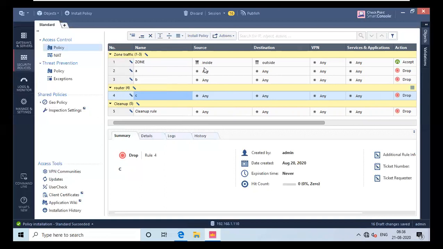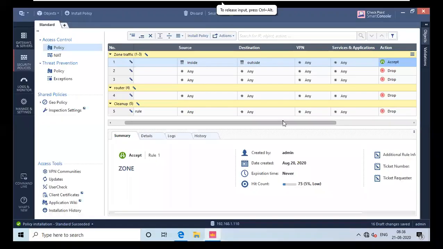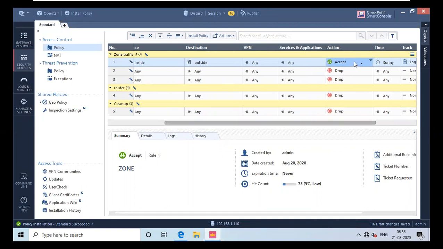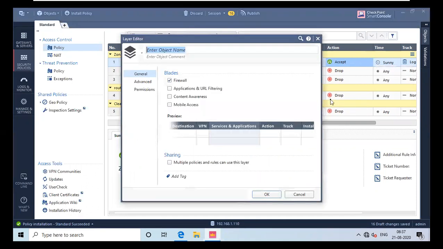Now, what you have to do is create inline rules, right? To create an inline rule, you have to simply go to the right side and get to action. If you want to create an inline rule, which means 1.1, this is the parent rule, and you have to create an inline rule. To go to action, simply right click on it, and it will show you 3 options, and you can see there is an inline layer option. You have to go for inline layer and add a new layer, which means it will add a child layer, which is 1.1, and I will create an object.